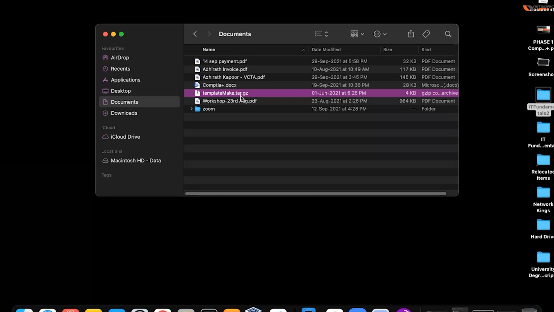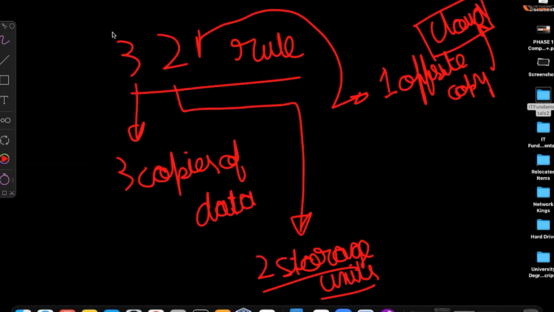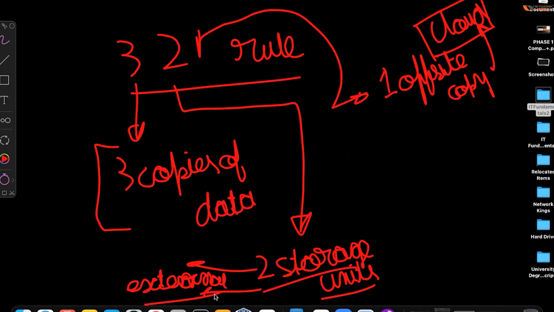So I have this file and I followed the same rule, which is the 3-2-1 rule, because this is very helpful for me and not just for a few years. This is going to help me out forever throughout my career. That is why I've kept it. I have 3 copies of this file. I have kept it on my pen drive. I have kept it on my external hard drive. And I know that these drives are physical components, so they can fail at any point of time. I can never be sure of that. So that is why I have one offsite copy as well on my cloud, on my Google Drive.